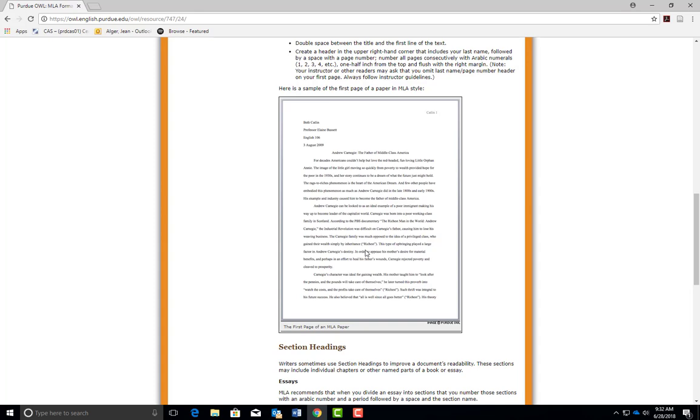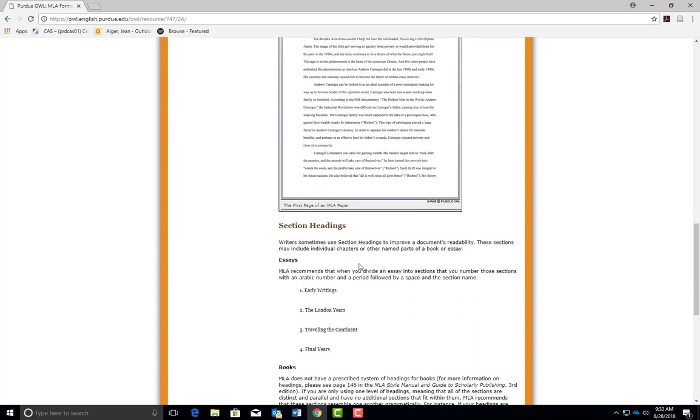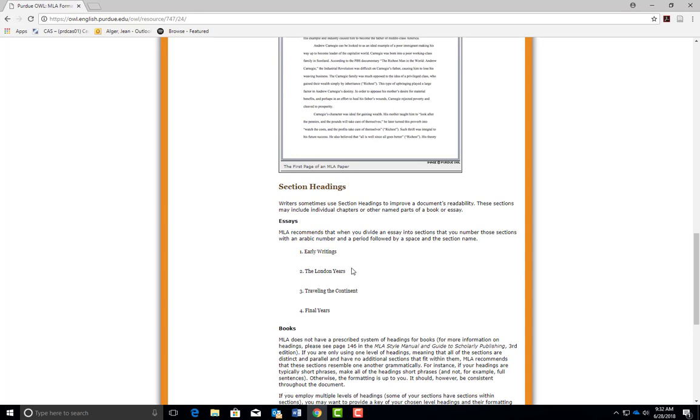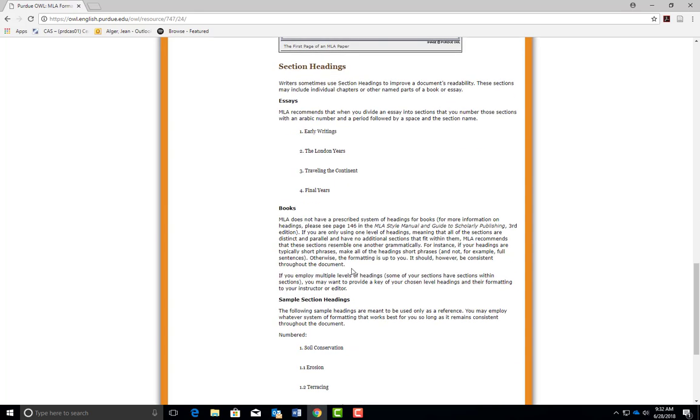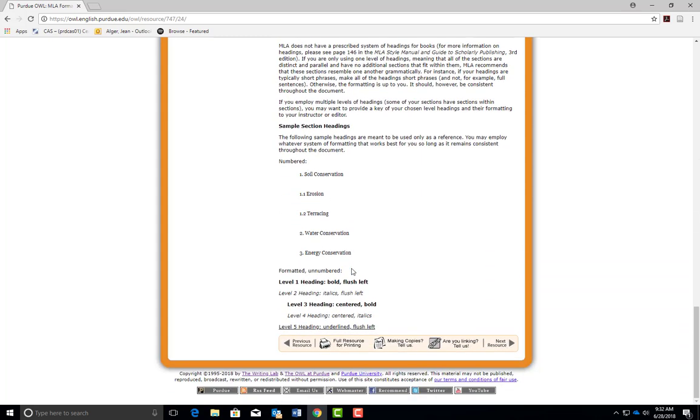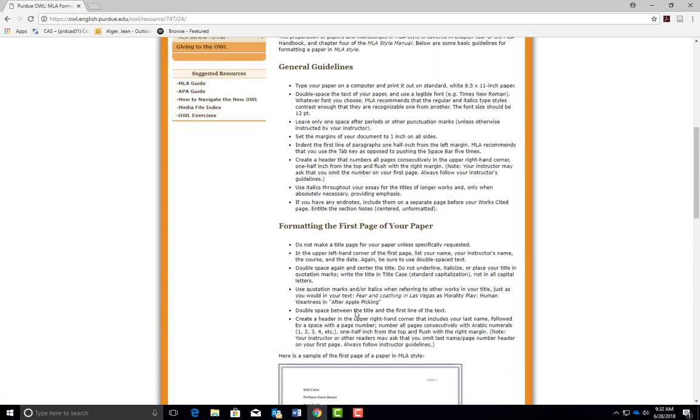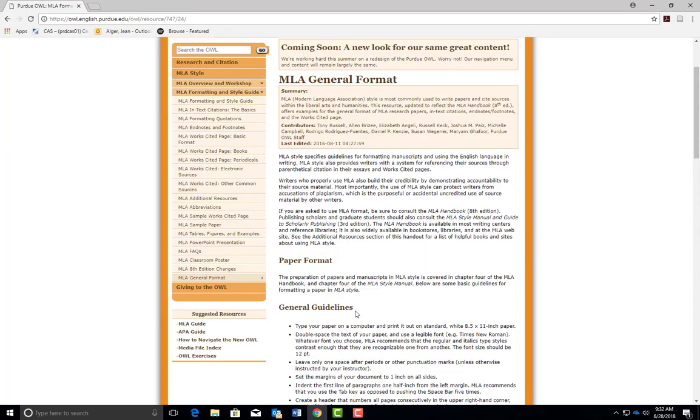This provides a sample of what an MLA paper looks like, what the first page looks like. If we do section headings, it even talks about if that's different in books or not and how you should handle your section headings. So take a look at the general guidelines, especially if you've never written a paper in MLA format before, or if it's been a while, because they did change the style a couple of years ago.